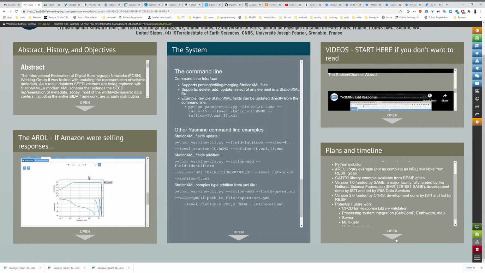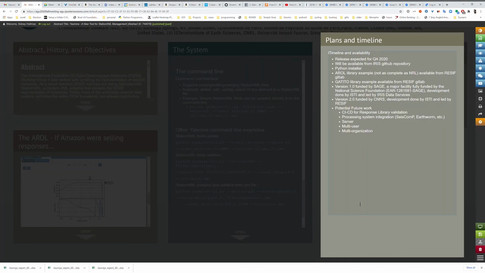As I initially mentioned, work is underway to support StationXML 1.1 now that that is fully supported by ObsPy. In addition, we are creating a CI/CD integration path for real-time validation of the ARL as new instrumentation is added to that response library. Finally, work is currently underway at ISTI to turn this standalone version of Yasmine into a web version,